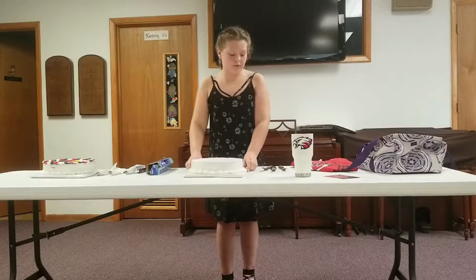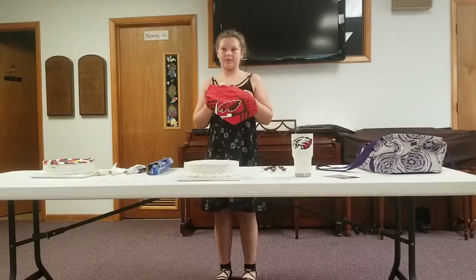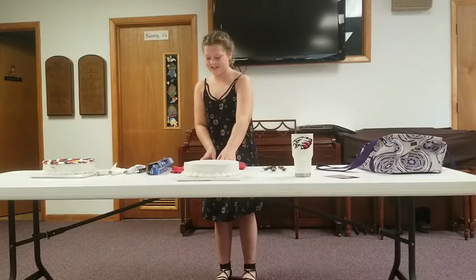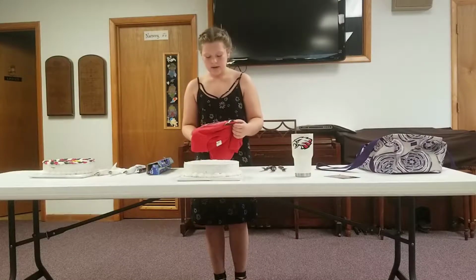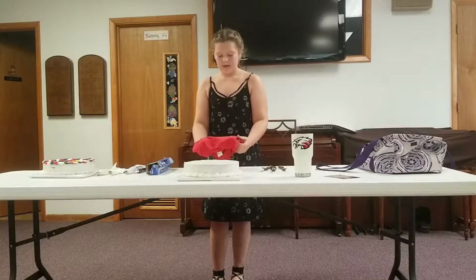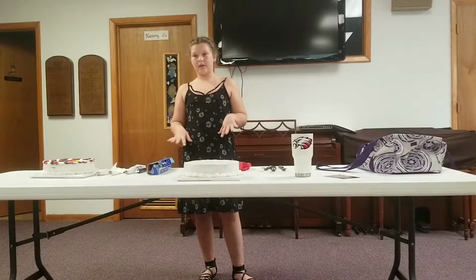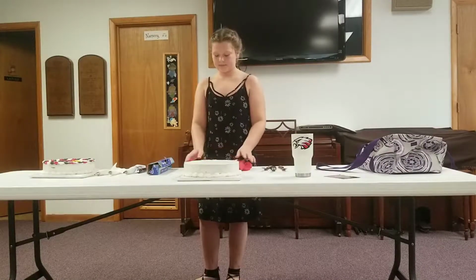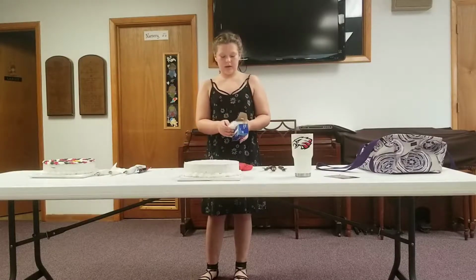So what you'll want to do first is take your pattern, which I just have my brother's baseball shirt, football shirt. And you want to see if it's going to fit the cake, because if it doesn't fit the cake, it's going to drip down the sides. It's not going to look right. So this is the size I want, and if it's not, you could take it to a copier and adjust the size. So now you want to take some wax paper